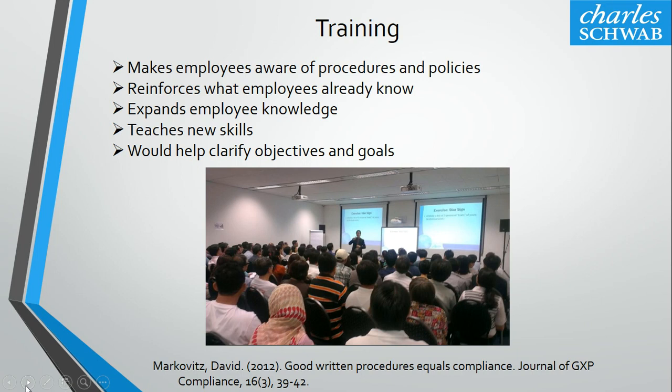the specified procedures that a company has in place. One reason is they don't know the procedure existed, they were not trained in the procedure, they did not understand the procedure, they couldn't find the procedure, it was too long, they didn't read the procedure because they thought they remembered how to do it, they found a better way to do the procedure in their opinion and applied that way. They were told to skip the procedure and go from memory, or to just figure it out on their own, or the procedure was poorly written and hard to follow. Now, all these issues can be remedied by training, and our idea here for training to solve the problem is that once everyone was properly trained, it would clarify the objectives and goals of the organization.